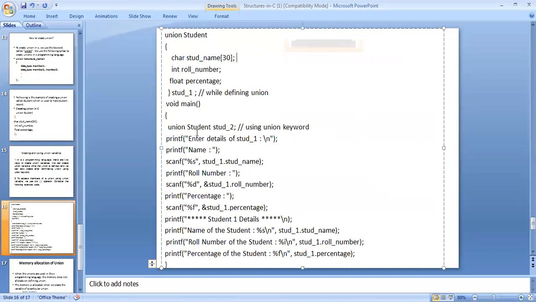The union student 2 is declared here, and the same way we enter the name, student roll number and percentage. In this program, we define only one student.